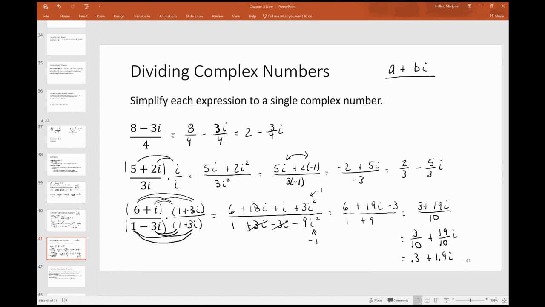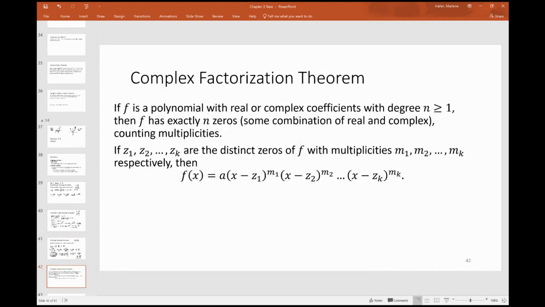All right, so that was just a quick review of complex numbers. What we really want to talk about here is the complex factorization theorem. The complex factorization theorem builds on what we already know